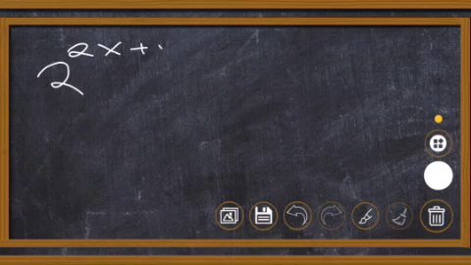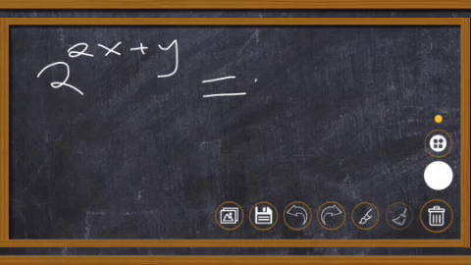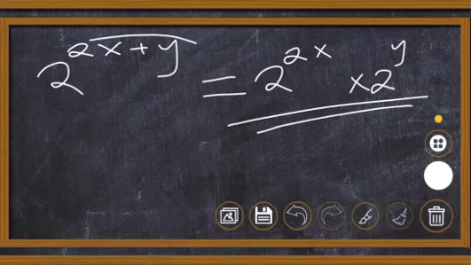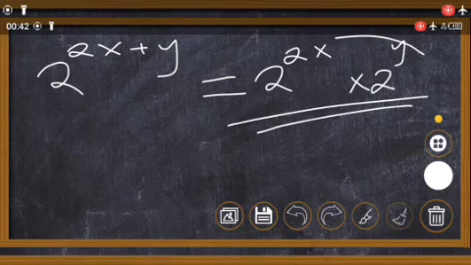However, you may be given this in advance. Your job is understanding where they got this from. Since we are adding the powers, it means we multiplied the same bases. So this is the same as 2 power 2x multiplied by 2 power y. This is where it came from. These are two very important rules that you must understand whenever we are dealing with exponential functions,